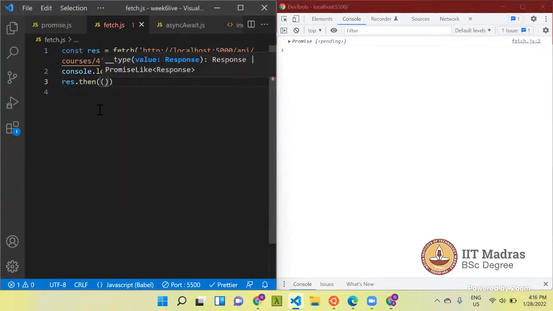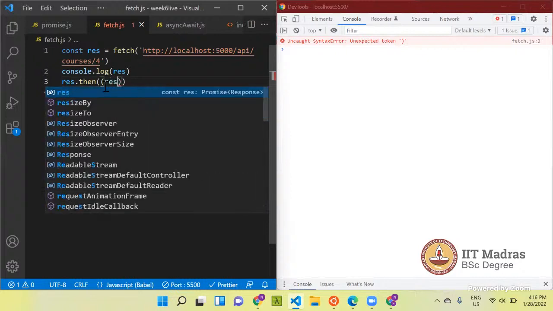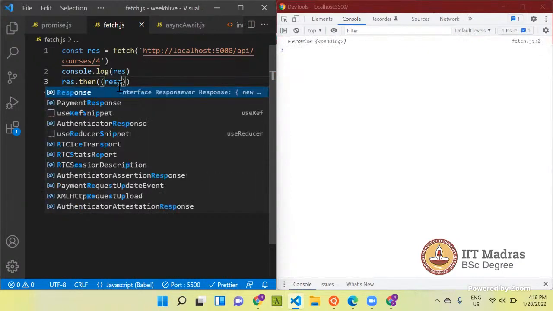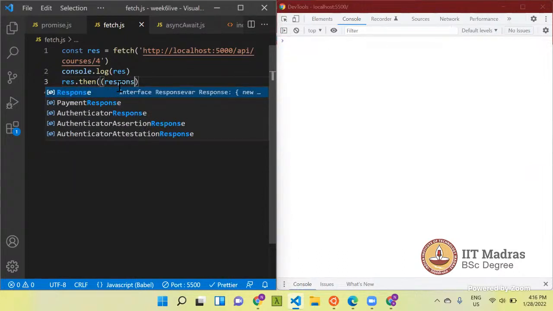What we discussed in the beginning is that the callback function inside the dot then will be passed the value with which the promise resolves. So if this promise resolves, let's call it response.